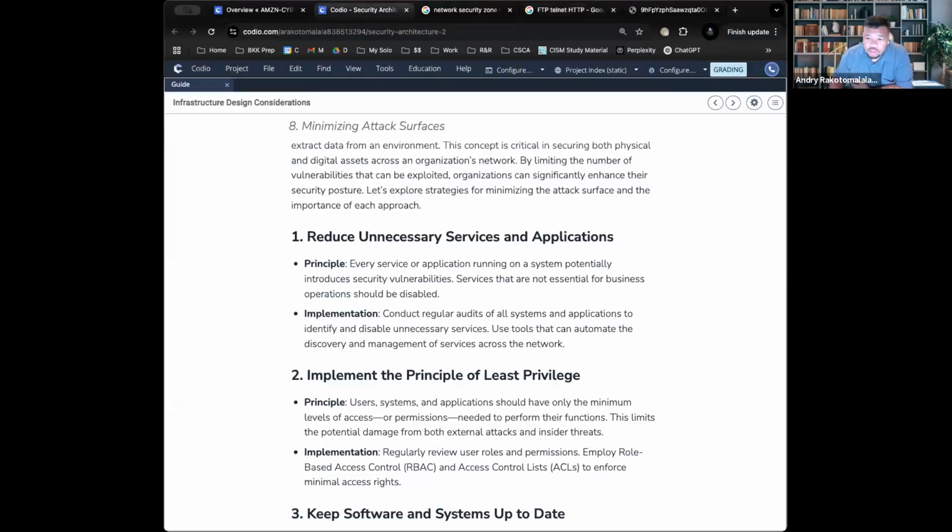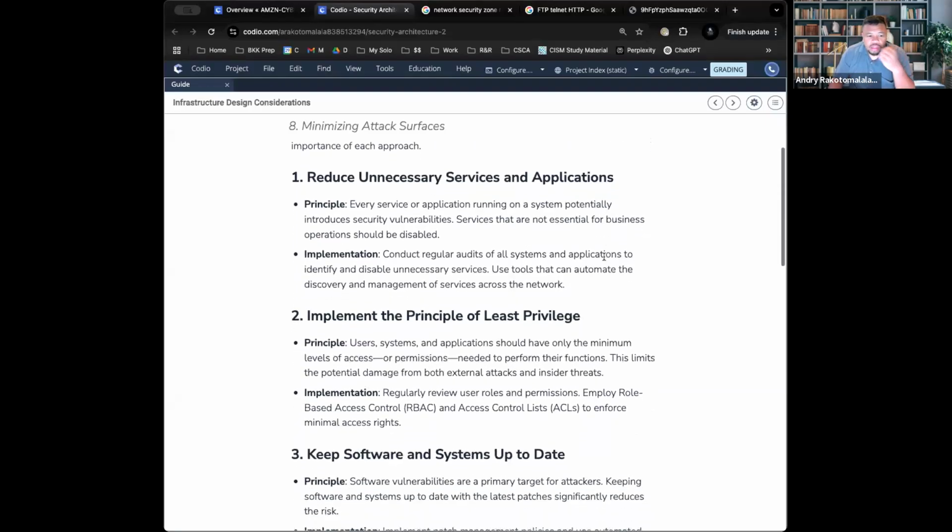So that's one of the first things you can do: make sure to remove unnecessary services or unnecessary software or devices. This isn't just services, but if you have software that is outdated and not patched, you should remove it because if you keep it there, it's a potential attack surface.